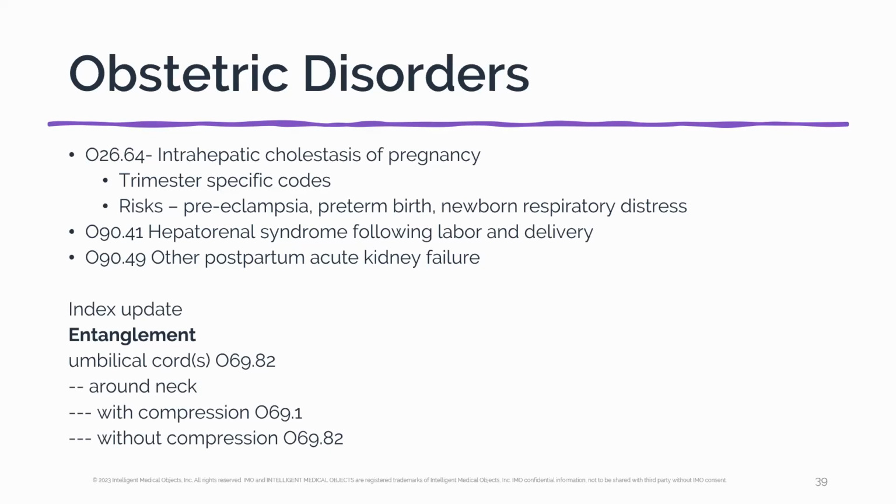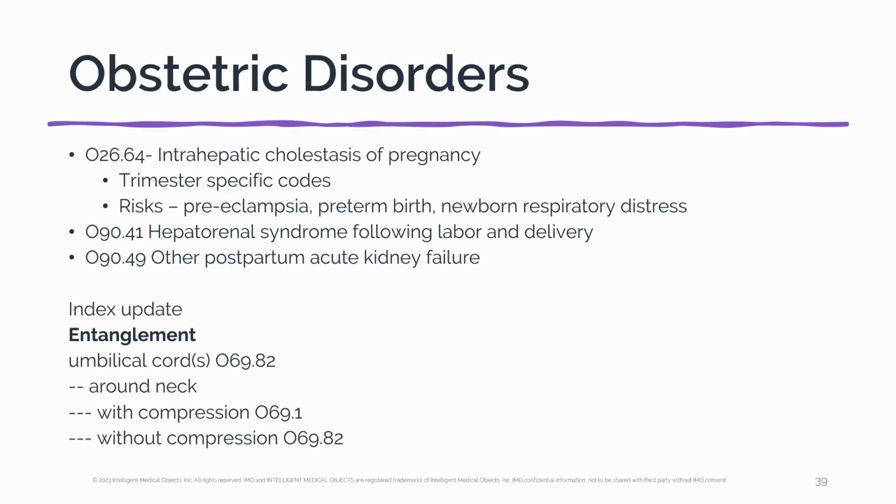New codes were established at subcategory O26.64. Subcategory O90.4 was further subdivided to separate anuria, oliguria, and hepatorenal syndrome from postpartum acute kidney failure. Anuria, which is the lack or absence of production of urine, and oliguria, which is low urine output, that are complicating the puerperium, will be classified to